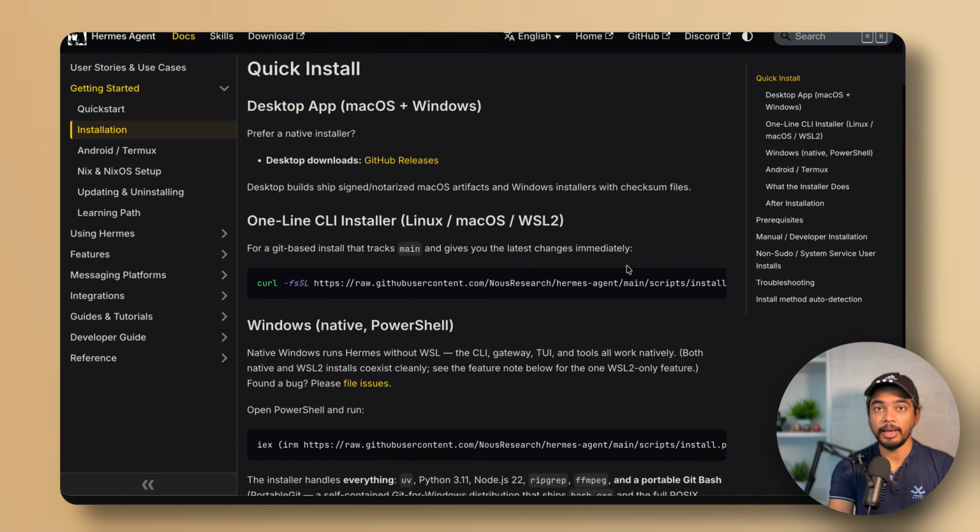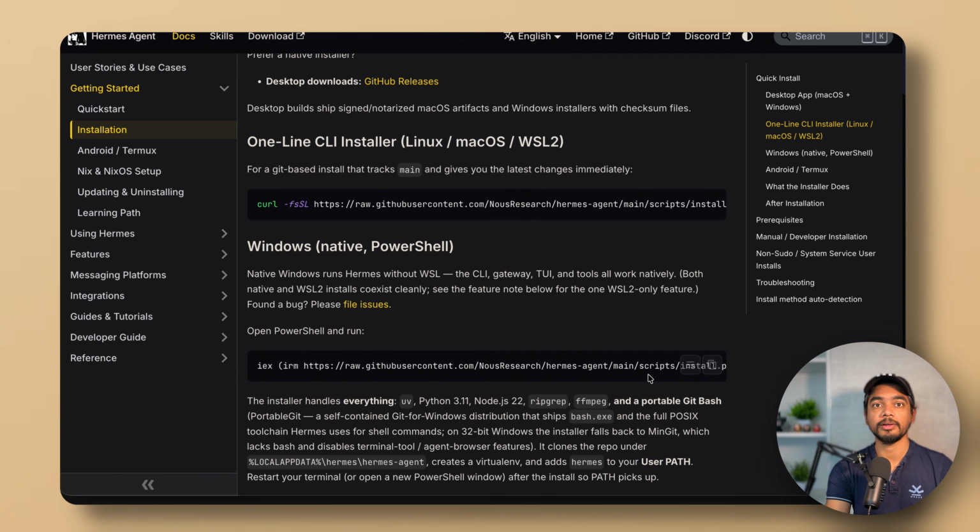For Linux, macOS and WSL2 users, you can run this command in your terminal. And for Windows users, you can run this command in PowerShell. And this script would install all the prerequisites for Hermes agent and takes you directly to the setup. Now let's head back to terminal. As I've already installed Hermes, I won't be installing it again, but I will show you how the setup would